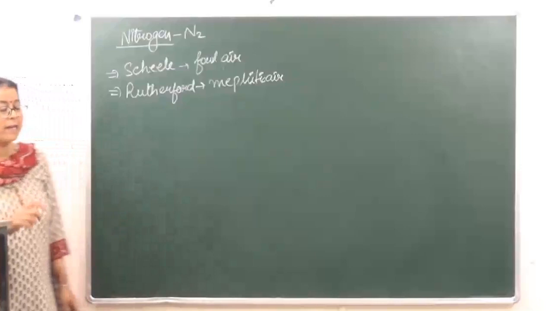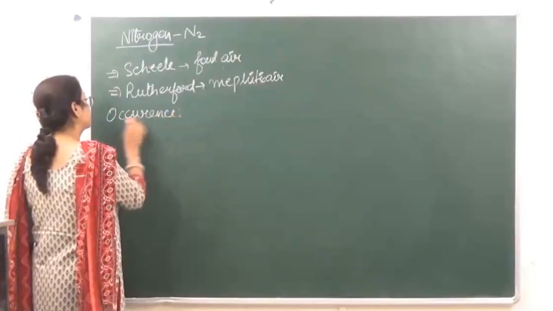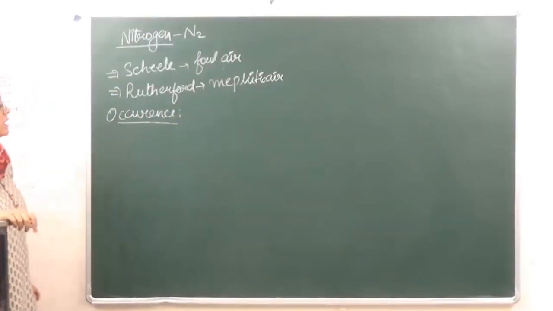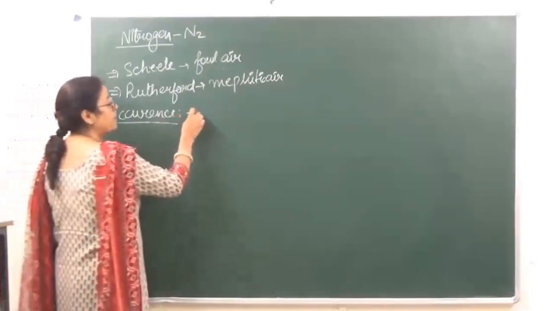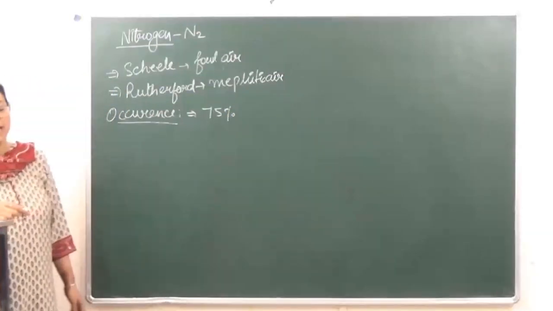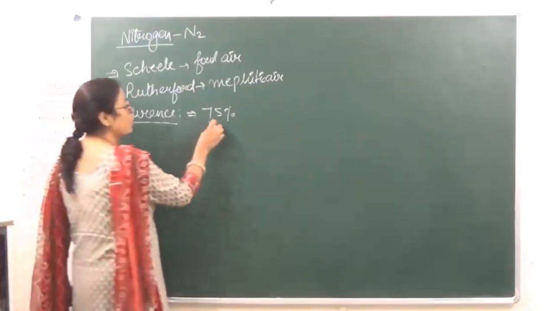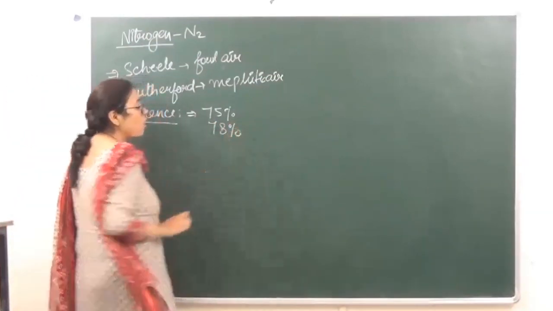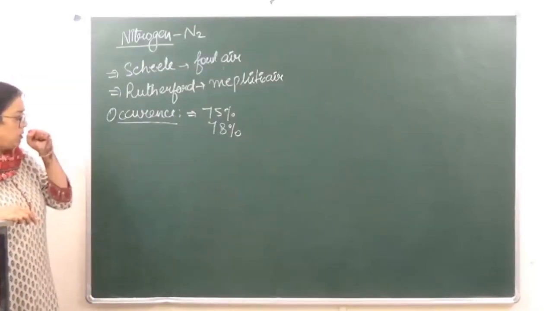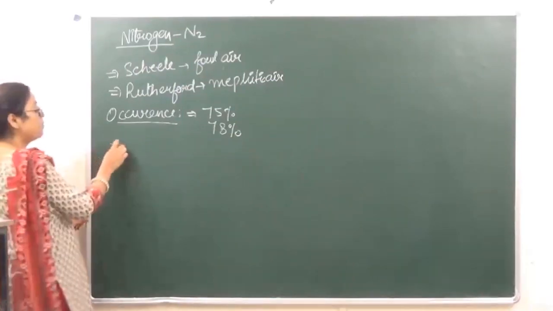Now when we are talking of nitrogen, let's go on to the occurrence of nitrogen. Nitrogen occurs free in the atmosphere. Approximately 75% of nitrogen by mass occurs in the atmosphere, and by volume it is even more, 78% of the atmosphere consists of nitrogen, right? Apart from that, it is also found in the combined state. जैसे for example,